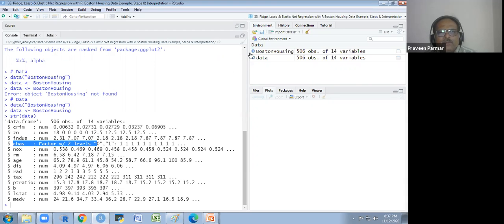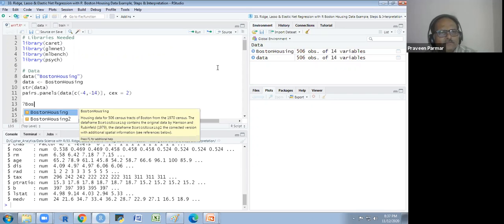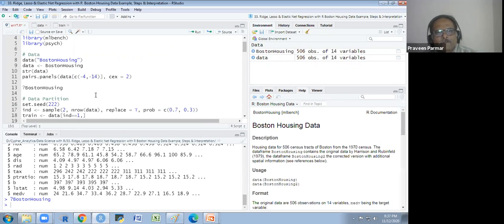If you want to know more about this data, you could put a question mark and write Boston housing. We have two datasets of Boston housing. You will see the details here, that is the dictionary.